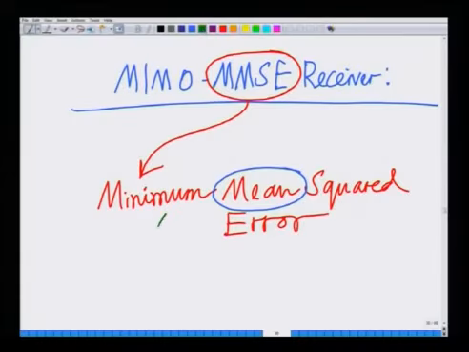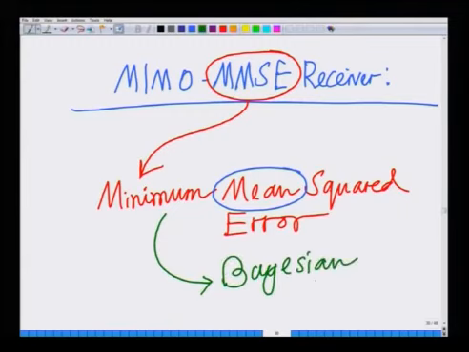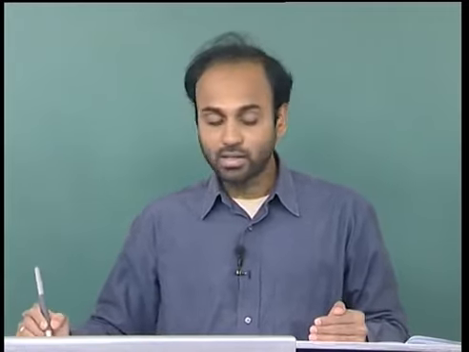So, a minimum mean squared error is essentially a Bayesian approach, which treats the transmitted symbol vector as a random quantity. It treats the transmitted symbol vector x bar as a random quantity, hence y bar is also a random quantity, and you are minimizing the error in the mean. That is the significant difference from the earlier approach. This approach is essentially Bayesian in nature, which assumes the parameter to be random. Let us start with a brief description of this, and let us then go back to our MIMO problem.